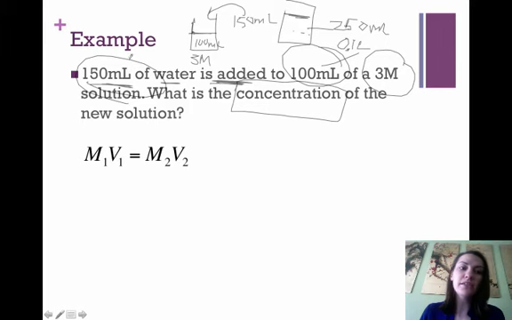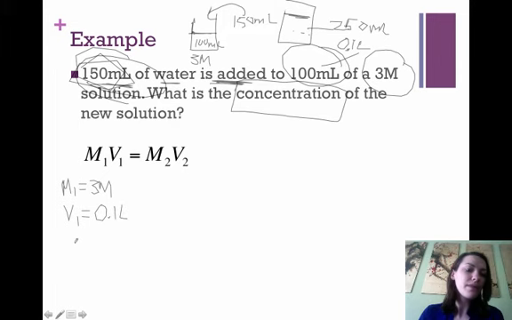Make sure that you're not taking this right here as your V2. Our V2 is actually going to be 250 mL. So I start out, my M1 is 3 molar. My V1, like we said, is 0.1 liters. I just divided by 1,000. And I don't know what my M2 is. That's what I'm looking for. And my V2, 100 plus 150 is 250 milliliters of solution, and that's going to be